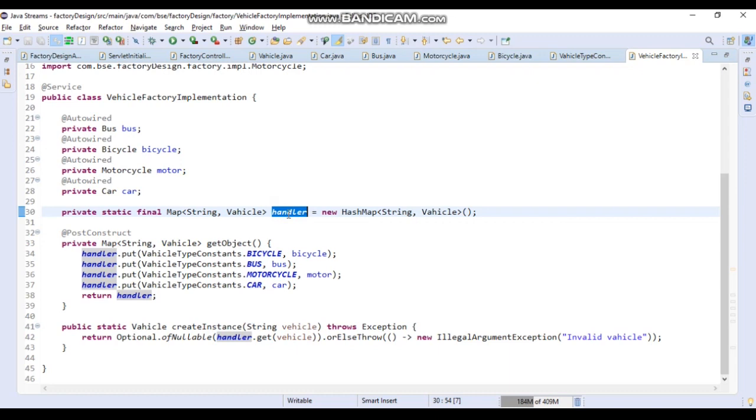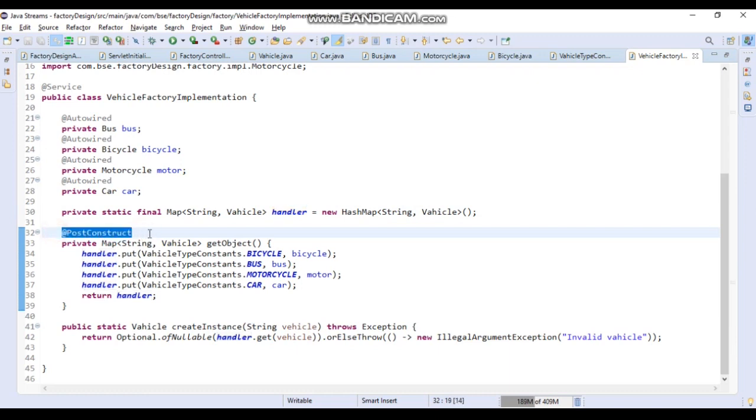Okay, so what we have done is we have used the post construct annotation here. What the post construct annotation does is, whenever we start the Spring Boot application, this method will be executed while starting the server. That's why I have used it.